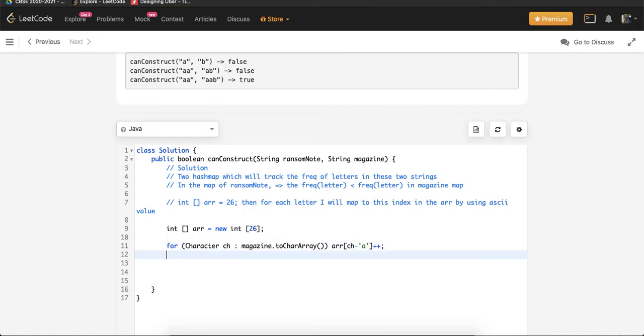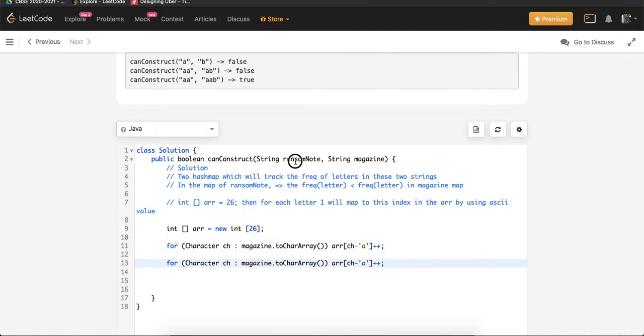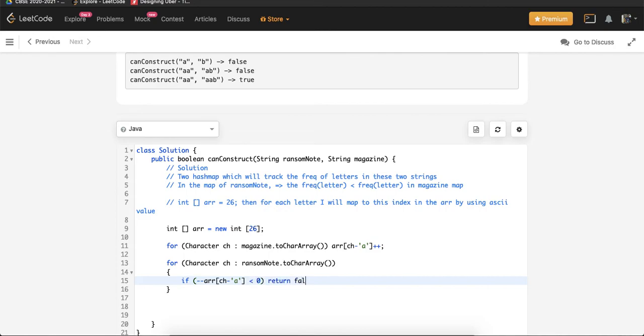Now for every character in the ransom note string, I'll first do the decrement, and then if it is less than 0, I'll return false right there.